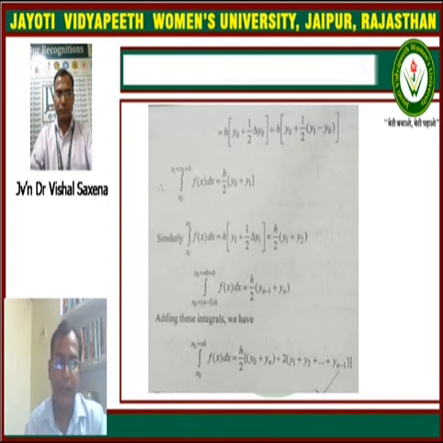So we have calculated the integrals in all the segments, and adding all these terms, finally we get the total integral from x0 to x0 plus nh of f(x) dx is equal to h upon 2 into (y0 plus yn plus 2 multiplied by (y1 plus y2 plus y3 up to yn minus 1)). This formula is known as the trapezoidal formula, and it is a very important formula to calculate the area between the two limits under a curve.